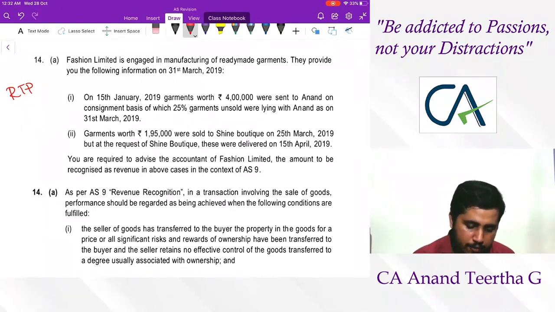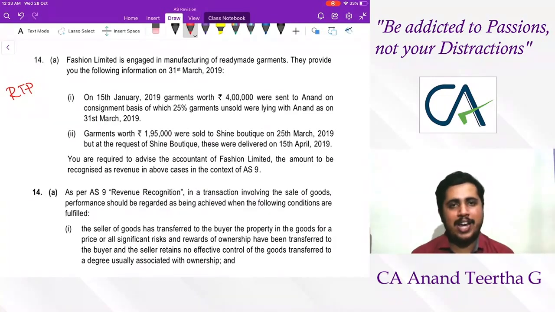Case study. On 15 January 2019, garments worth rupees 4 lakh were sent to Anand on consignment basis, of which 25% garments unsold were lying with Anand as on 31st March 2019. Garments worth rupees 1,95,000 were sold to Shine Boutique on 25th March 2019, but at the request of Shine Boutique, these were delivered on 15th April 2019. You are required to advise the accountant of Fashion Limited the amount to be recognized as revenue in above cases